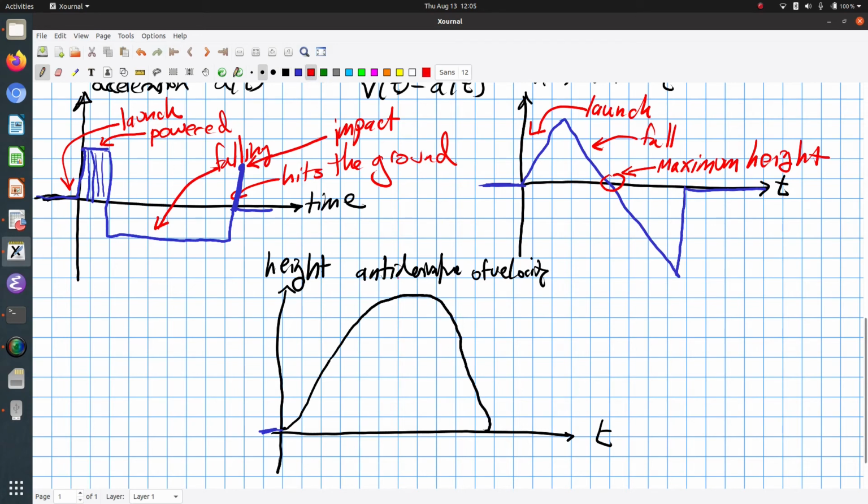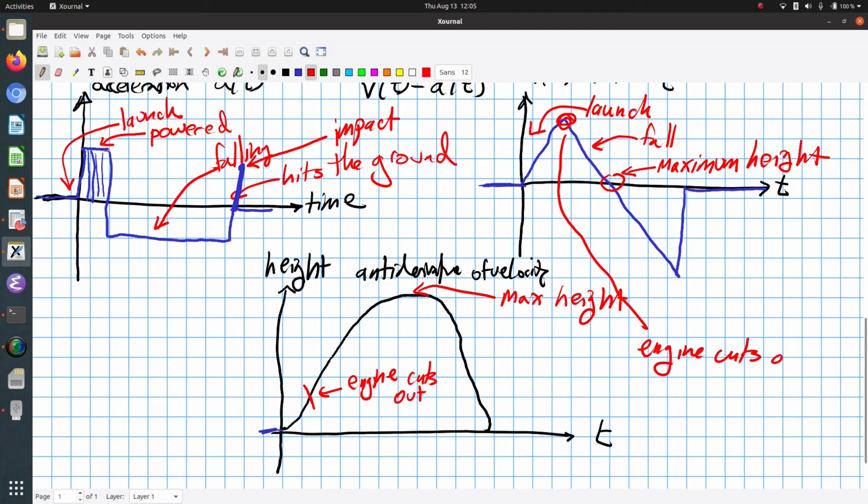So the thing to realize here is that here's your maximum height. That's the place where the derivative of that is 0, and indeed you can see that. Right here is where the engine cuts out. It's much harder to see on this plot as it is here. This is the same spot, where the engine cuts out, and you can see that here too. That's the same point. So this little curve here kind of smoothly comes up, and then this second segment here,